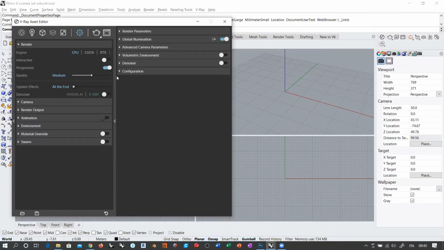And quality, this is something like working with presets. You globally set all V-Ray settings by just moving this slider. Quality means what level of quality you want in your final image, and by dragging this slider, you will have low quality, medium quality, high quality. This will tweak the settings in a very specific way. I would recommend that you don't use this,